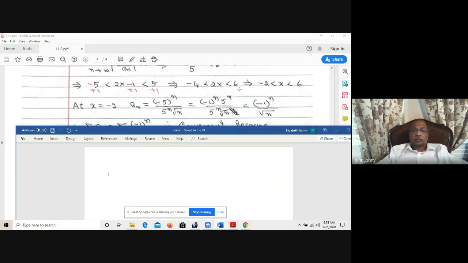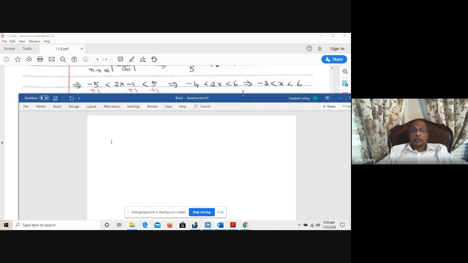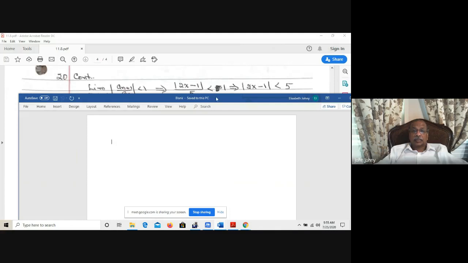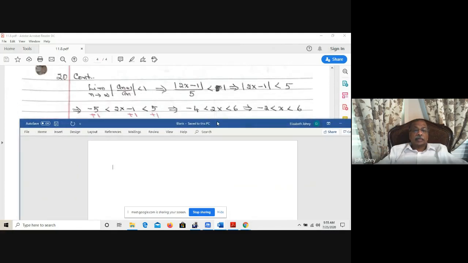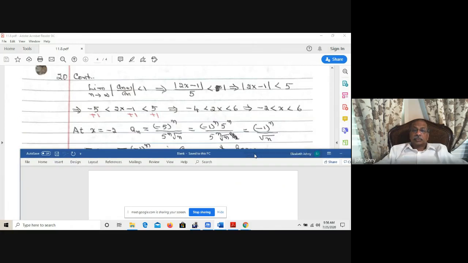So you recall the solution of the inequality. The absolute value of 2x minus 1 is less than 5 means 2x minus 1 lies between negative 5 and positive 5. You add a 1 on both sides, you get negative 4 less than 2x less than 6. Now divide both sides by 2, you get negative 2 less than x less than 3. And now you test the endpoints. When x is equal to negative 2, a_n is (negative 5) to the power of n divided by 5 to the power